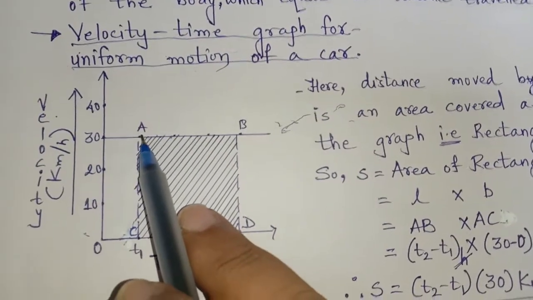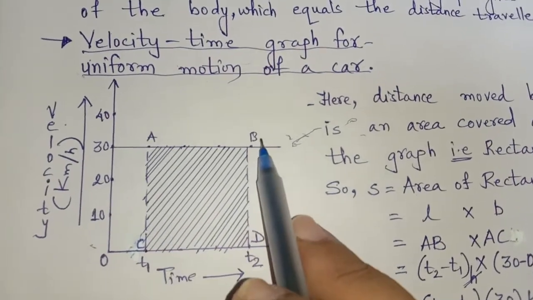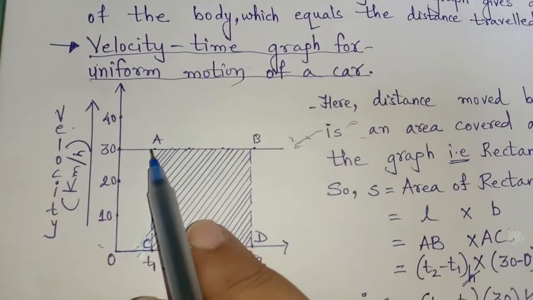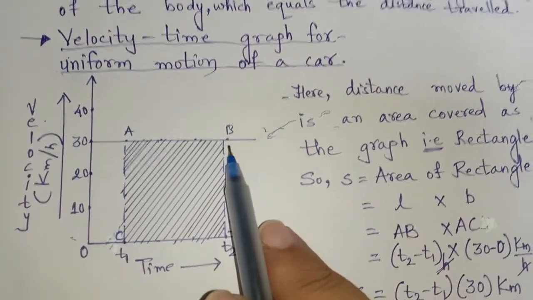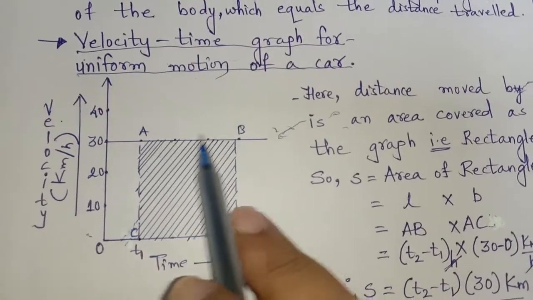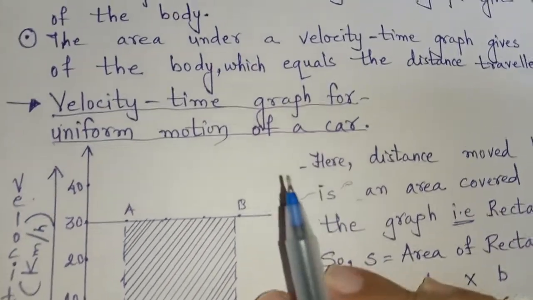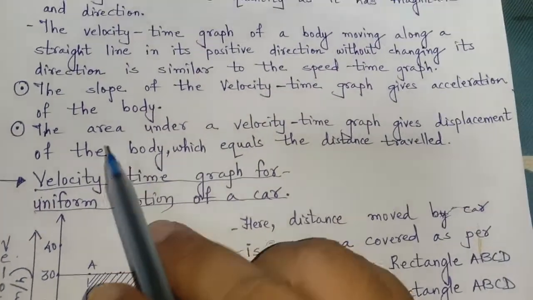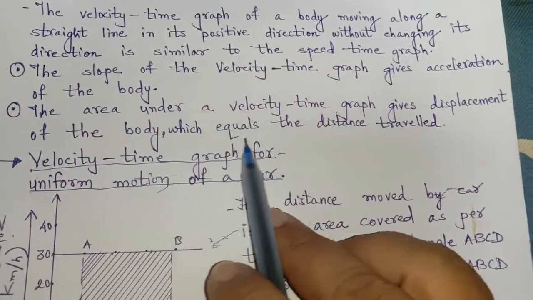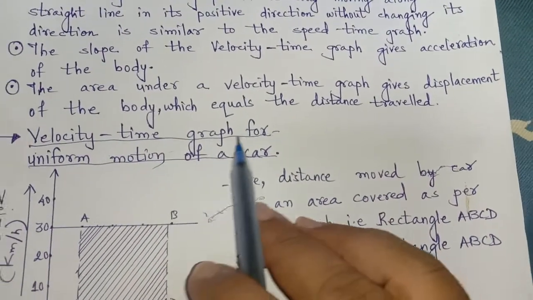So this is the change in position from here to here. So displacement done by the body is measured in terms of distance, and so the area covered can give us the distance travelled by the body. We can say that the area under a velocity time graph gives the displacement of the body,